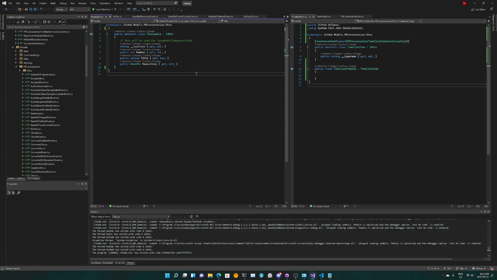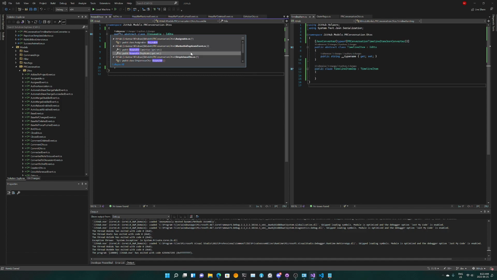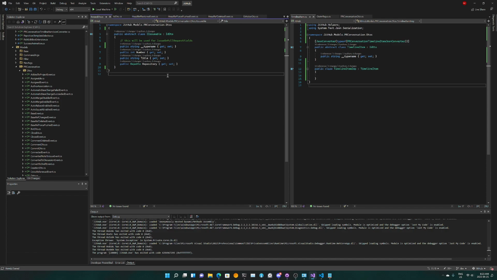Sorry about that. So iIssuable is, first of all, this needs to be public, so I don't know what's wrong with that. And everything that references iIssuable needs a number of two things. So basically for the type, it's either gonna be, for us at least, an issue or a pull request, right? So I don't really think it matters, but you still need to do it.